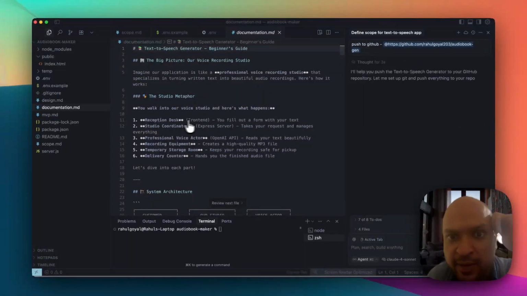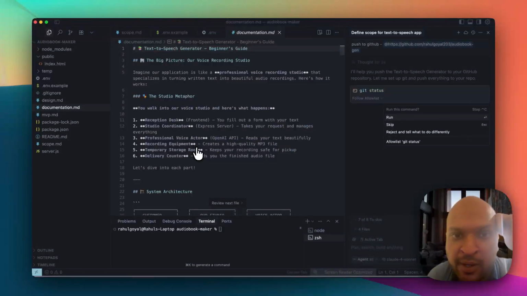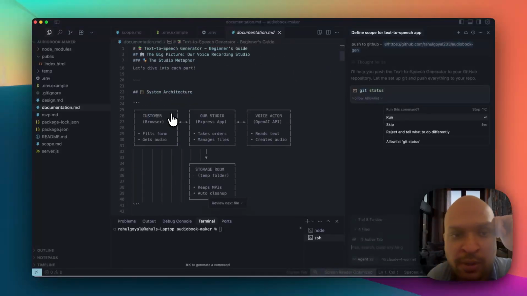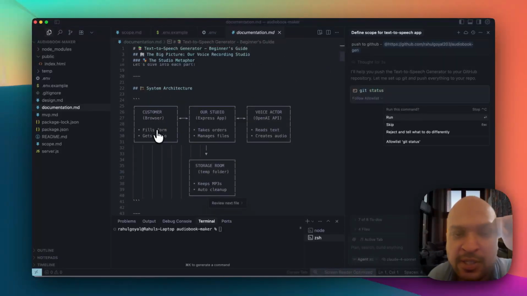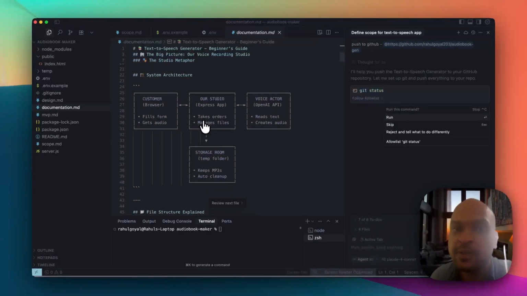It has said, like, the reception desk, you have a studio coordinator, professional voice actor, recording equipment. So it has given us metaphors to help us understand the code. If you look at the system architecture, there's a customer, which is the browser, which fills the form and gets the audio. There's a studio, which is the Express app, where our text goes, and a voice actor, which is the OpenAI over here. It takes a text, converts it into audio, sends it back to the studio, and the studio gives it back to the customer, right? And in your storage, tomorrow we're going to cover databases, but today what has happened is